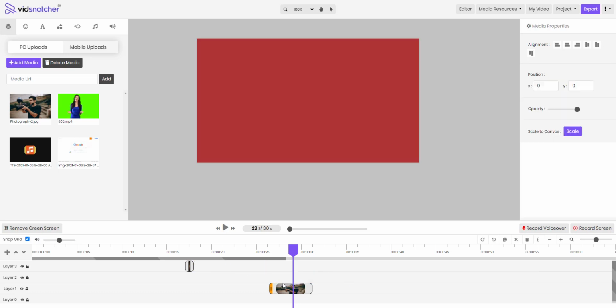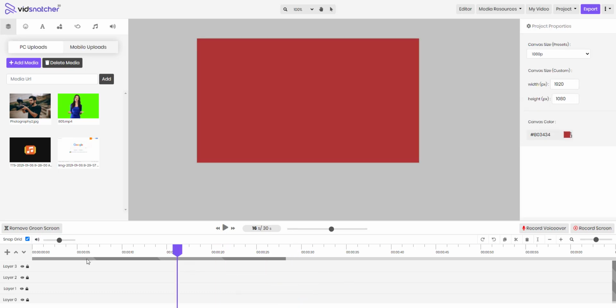Let's just go ahead and delete all this stuff, and let me show you another feature which is called record voiceover. You can record your voiceover with a single click. Just press the record button and it will start recording. I'm already recording, so it will interrupt with this record voiceover feature, so I won't be doing that,